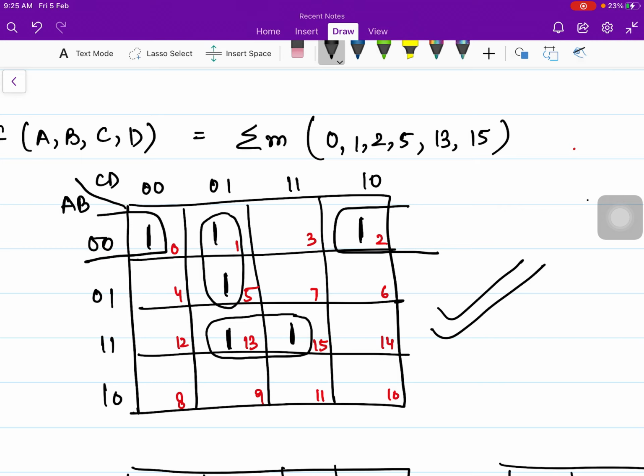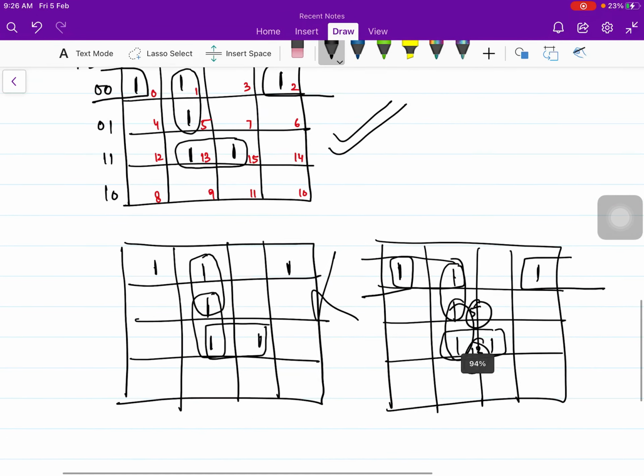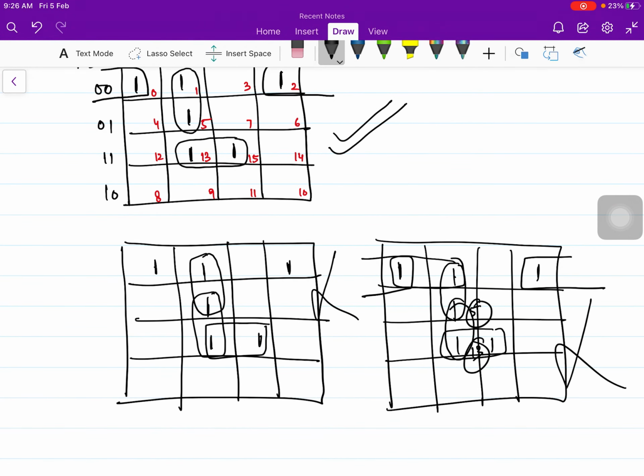If it is possible to group them in a group of 4, then of course you can use the block number 13 or some other block. But now you are only able to make a group of 2 of the same size. So it's better to make a group of 1 and 5. Okay, so this is how we remove the redundancy. Please keep that in mind, and it can be only removed when you practice a lot. Okay, so this is the correct answer, and these are the possibilities which the students may follow.